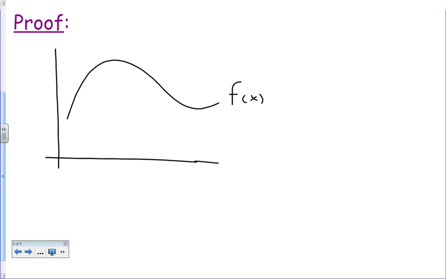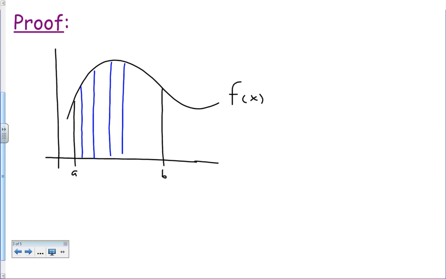And we'll pick some interval, let's say from right here will be a to, we'll call this b right here. And if we want to find out the average value of this function, what that means is I want to take all of these y values. If I could take every single one of these y values, which is all these guys right here, add all of them up. Now, there's an infinite number of them, so I can't add them all up. But if I could add them all up and divide by how many there are, that's my average y